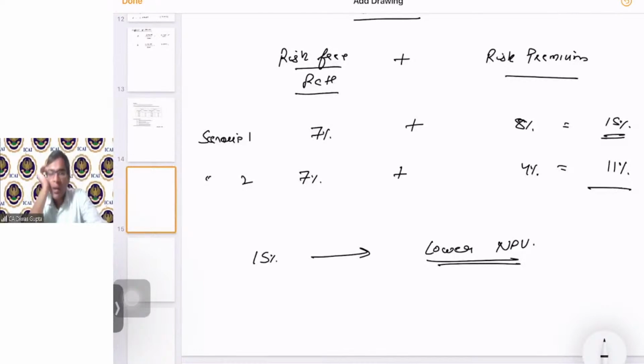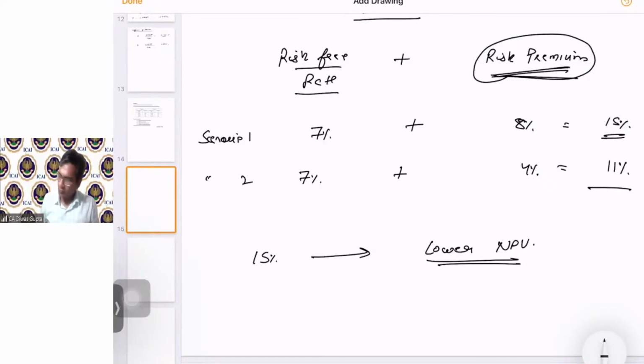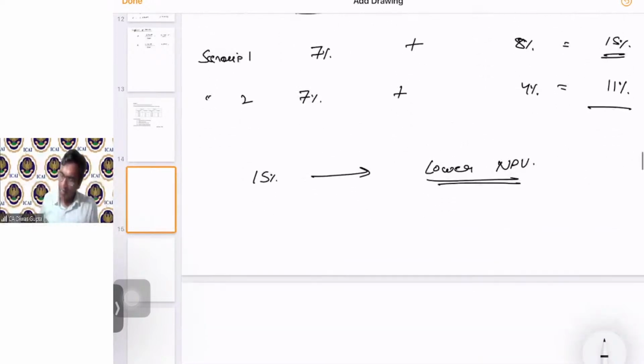Okay. Darshan, risk premium is beta coefficient. Okay. Darshan is trying to link it with the capital asset pricing model, CAPM theory. I would not say it is beta. It is already adjusted for beta. Risk premium is already adjusted for beta. Okay. Because it is specific to that project. Okay, it's not beta coefficient. It is beta multiplied with the market risk. Hence, it is a risk premium for this specific project. Okay. Okay, Darshan. I hope this is clear.